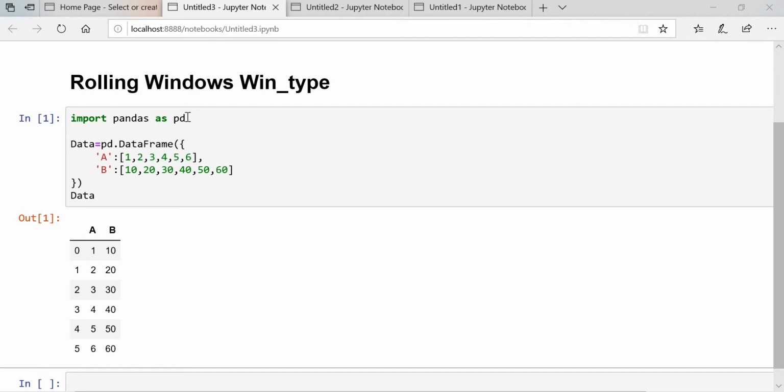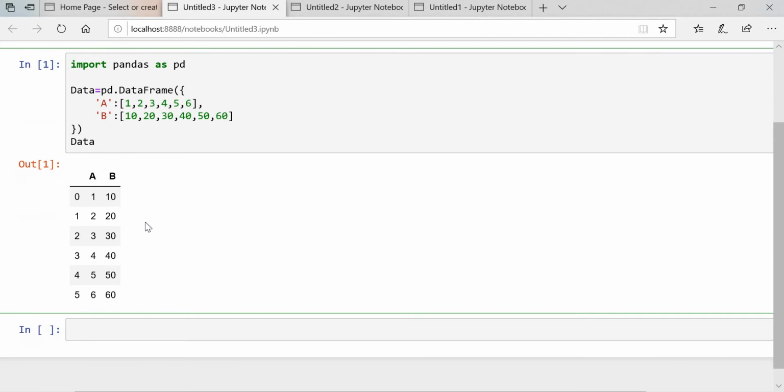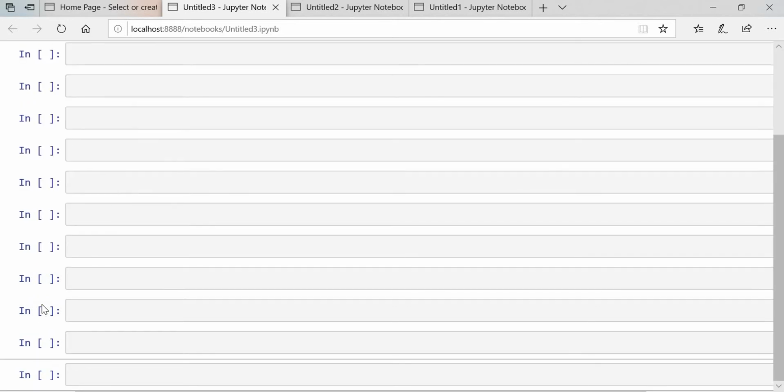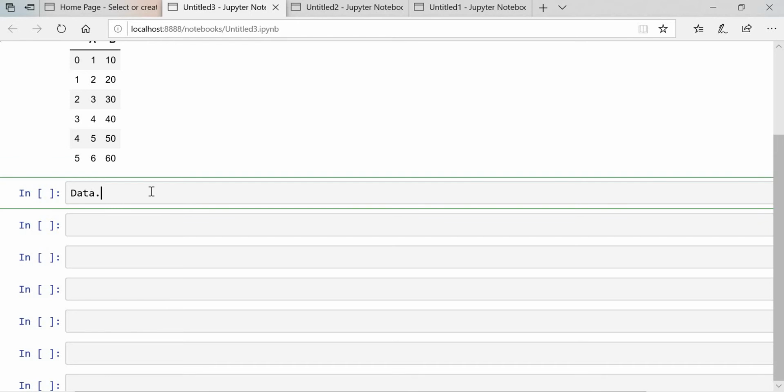So I have already imported the package, that is pandas, and I have created the data frame, consisting of the two columns a and b. Now we'll see how the win type will work. data.rolling, and the window size is 2.